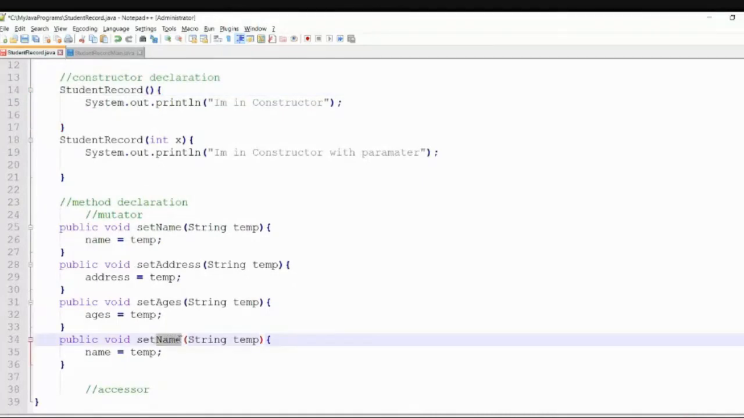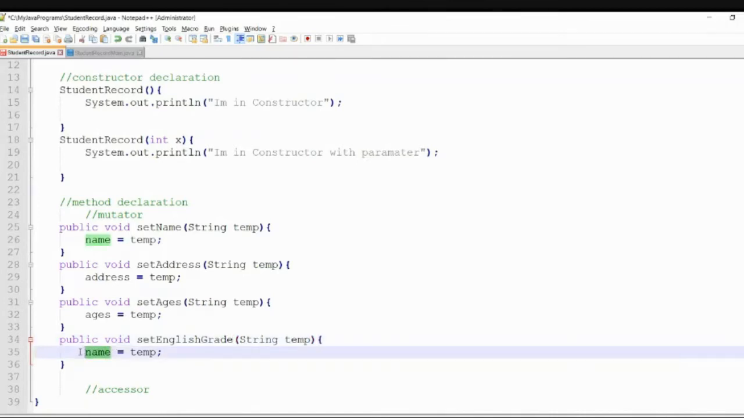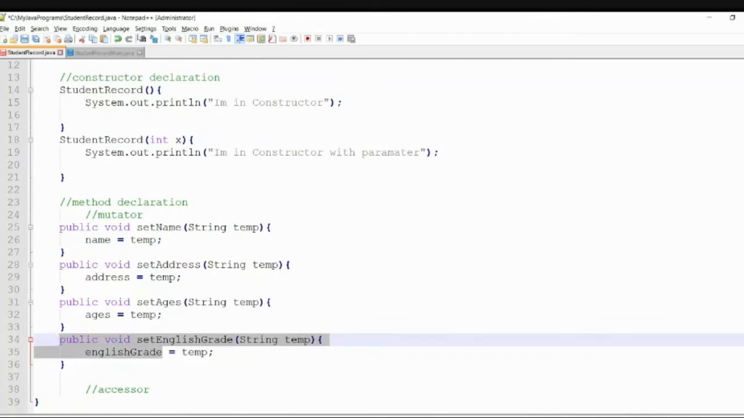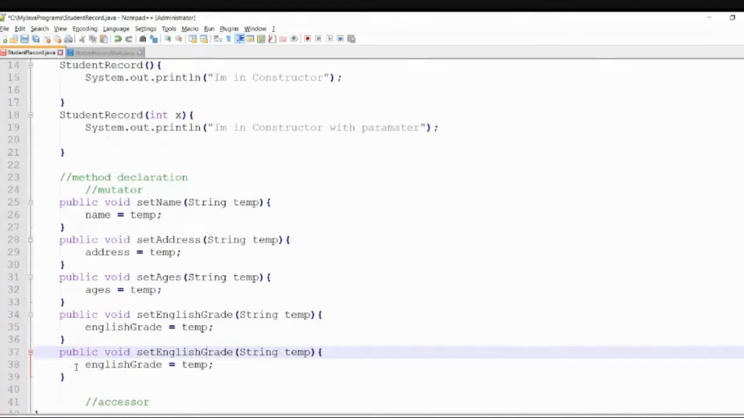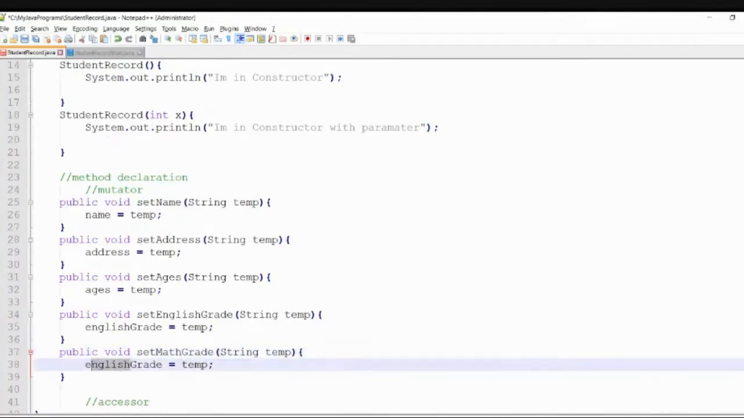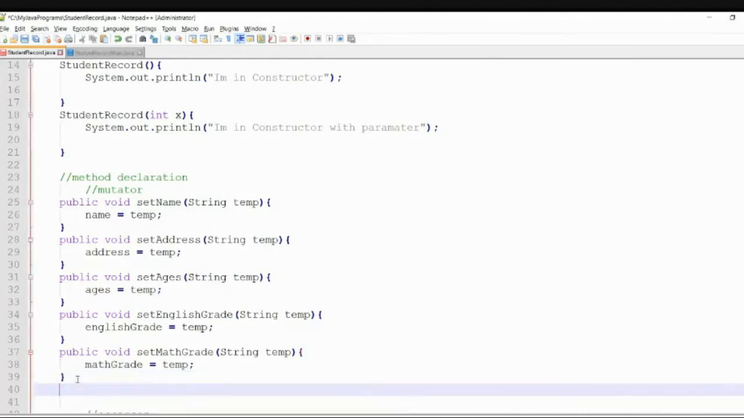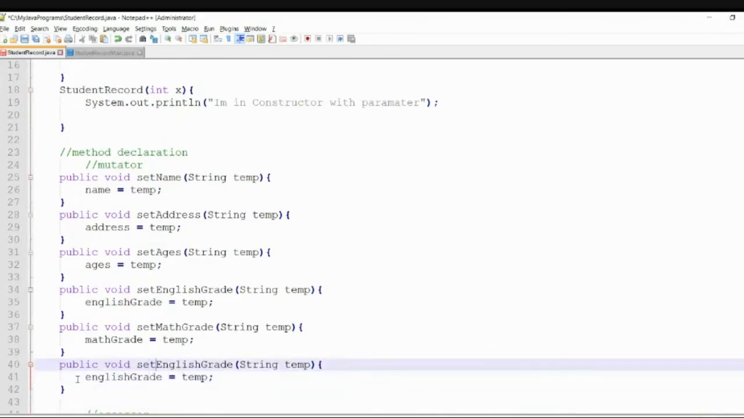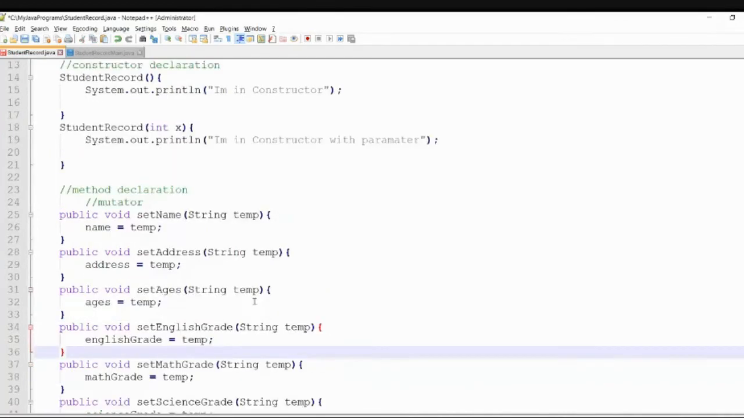So set English grade. We have English grade. Okay, copy natin to kasi this will also do to the rest of the subjects. English, gawin na natin siyang math. Okay, ito din, gawin na natin siyang math. Okay, isa na lang. We set English, so we have science. And last, yan. Nakompleto na natin yung method declaration out of the